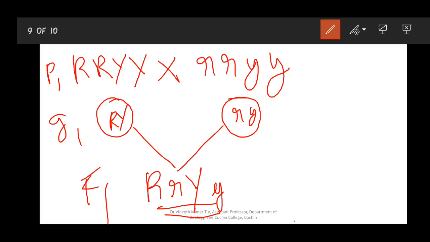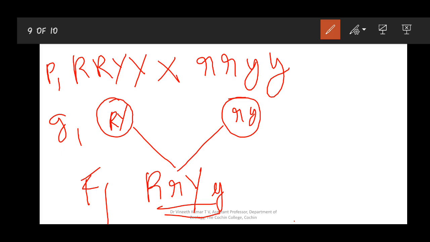Hope this first step in the cytological explanation is clear. So here the main difference from yesterday's cytological explanation is that yesterday we had only 1 pair of homologous chromosomes, but today we are having 2 pairs of homologous chromosomes. Is this clear? And now we are moving on to the next one.